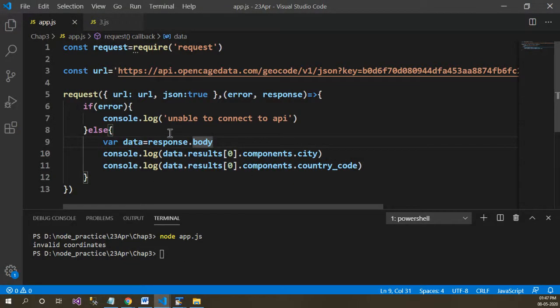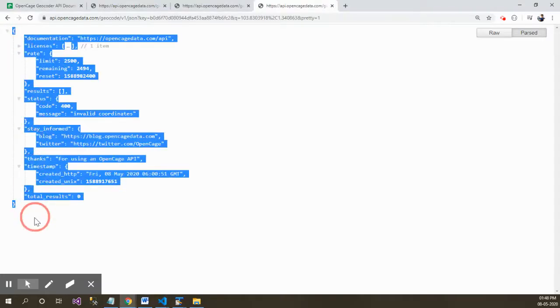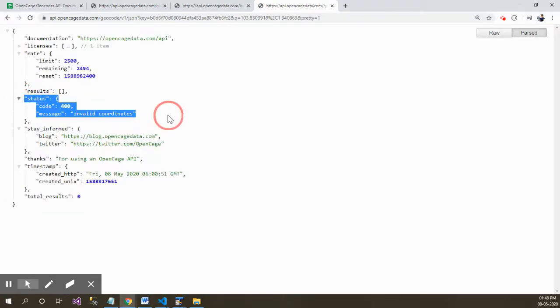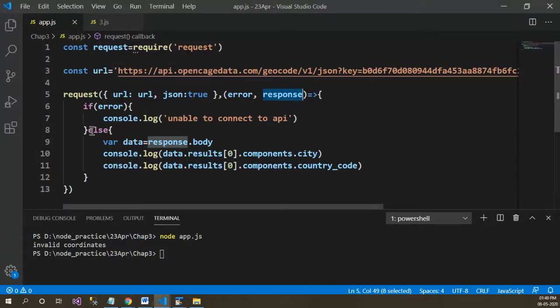This is our existing code where we have already managed the error, but this is not going to work because instead of giving an error object, my code is returning me a response. This is the JSON response I'm getting back. The only thing here is the status code is 400. So I'll check that one. How to do it?